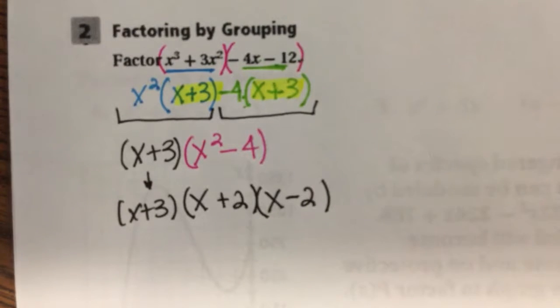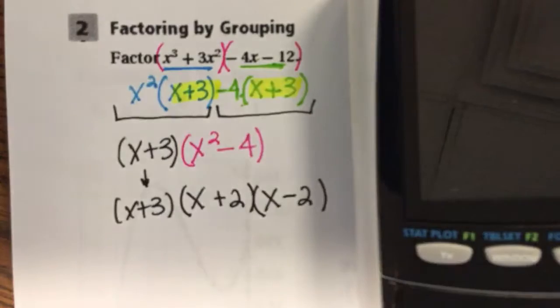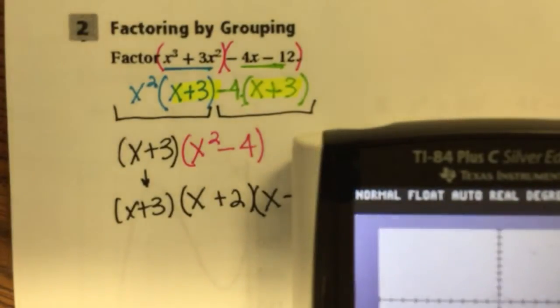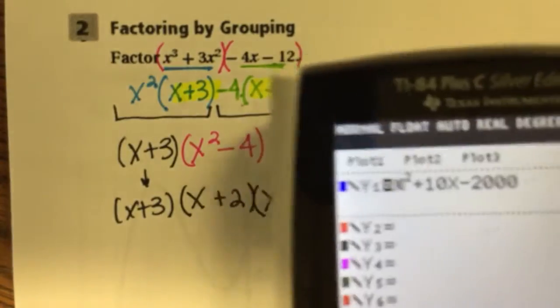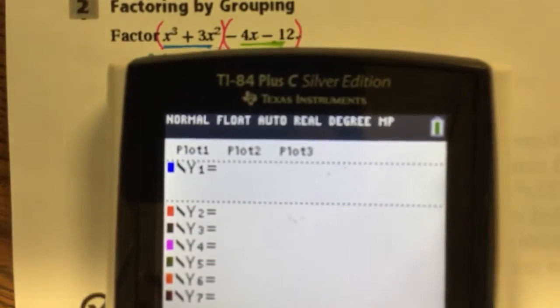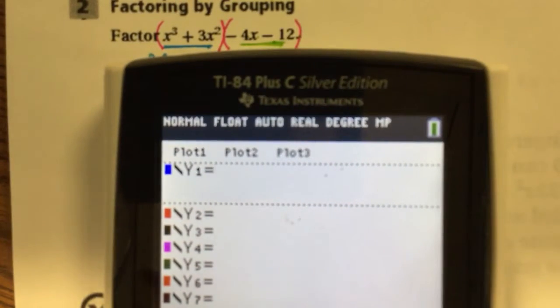Okay. Now, there's a way that I can check my work. The way that I can check my work is by getting a graphing calculator. Okay, go to my y equals, and I'm going to put in that original equation. So I'm going to put this in. So x cubed plus 3x squared minus 4x